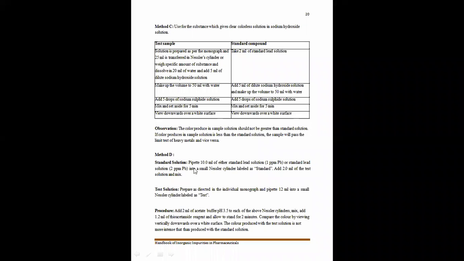So depending upon these procedures, if the color intensity produced in the test is less than that of the standard, then our sample passes the limit test of heavy metal. So this is all about the